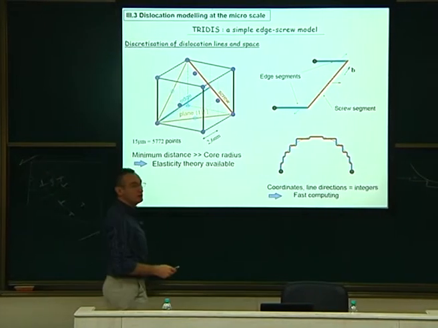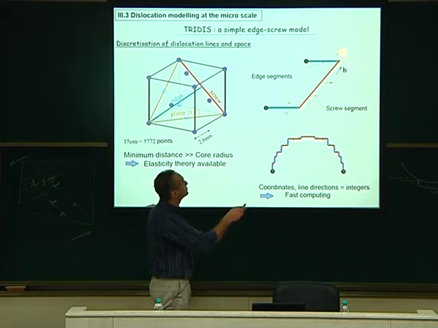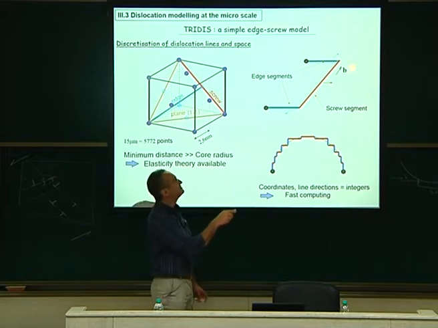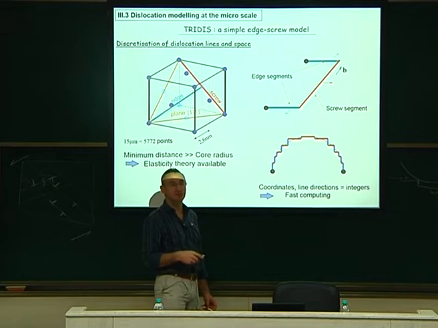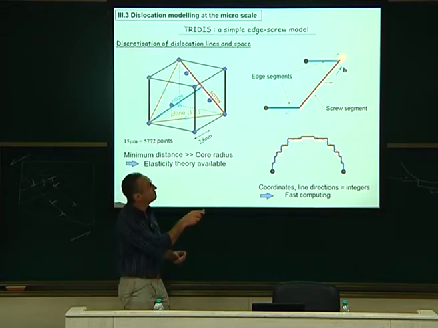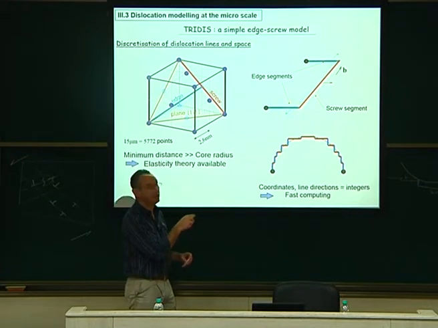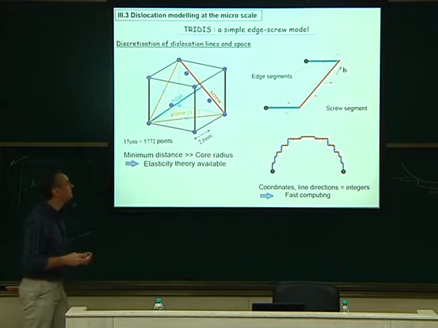I do it like that. And why did he decide to do that? Just because this is a screw, for example, this is my Burgers vector, this is a screw. When I move it, I just have to elongate the neighbor segments to keep the connectivity. So it's very simple from a topology point of view to program in the computer. When you move your segment, you just make those longer, and you still have the connectivity of the line because this is a 90 degree connection. So that was a very smart idea, and it was fine.